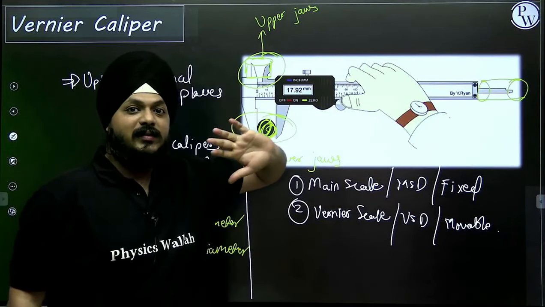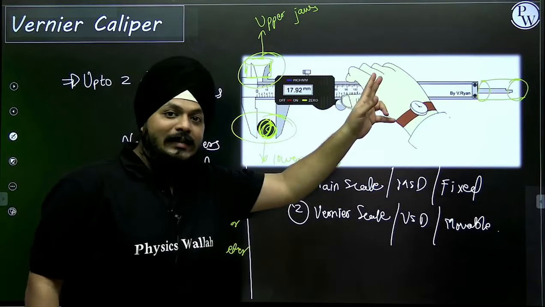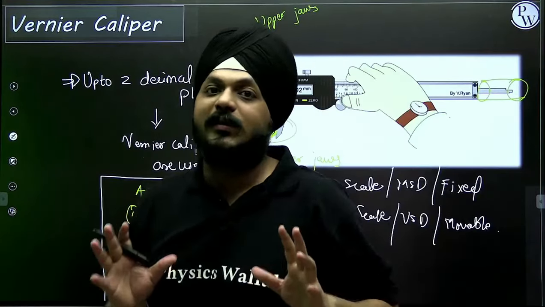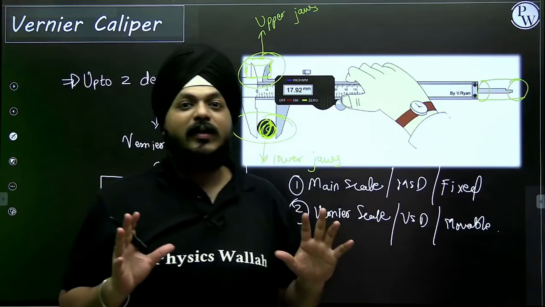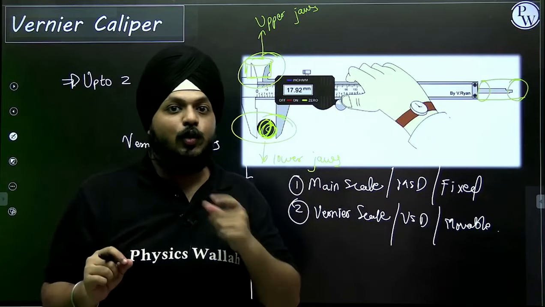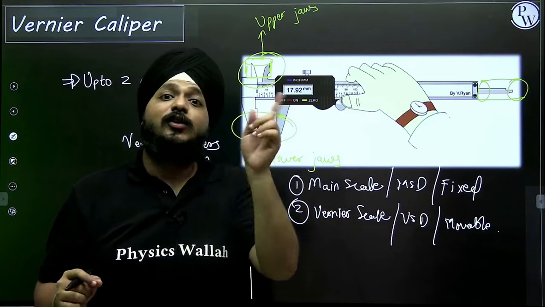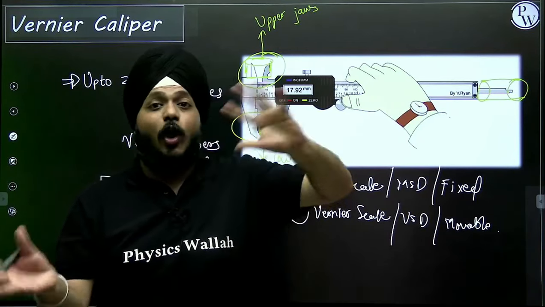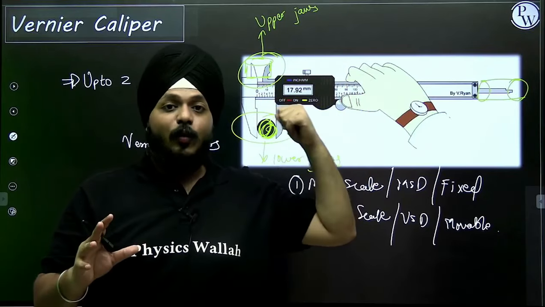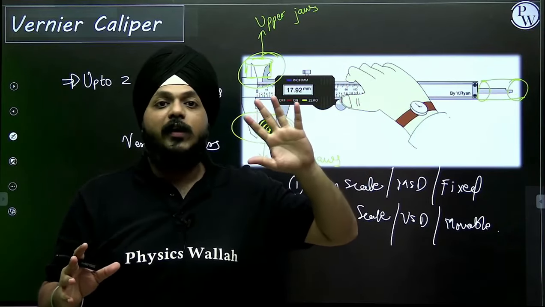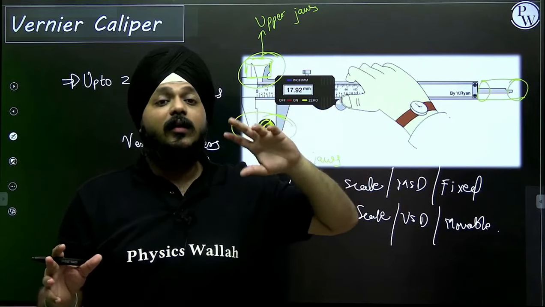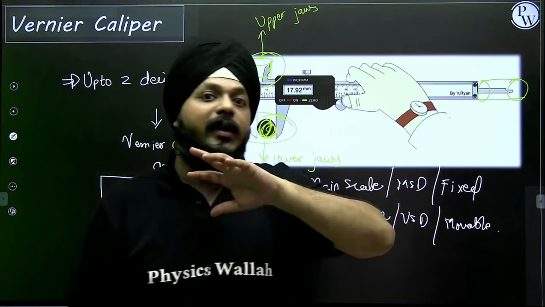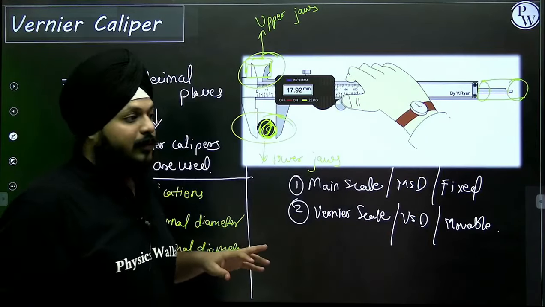How they are measured. If we are having 2 scales, it means we are having 2 kinds of readings. With the Vernier caliper, it is important to understand the small difference between caliper and screw gauge, and that is the calculation of least count. A big difference is there, but the analogy is the same. If your fundamentals are clear related to this topic, then with the screw gauge it will be quite easy.